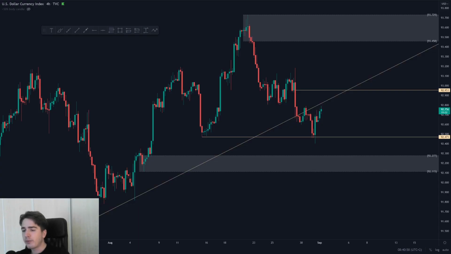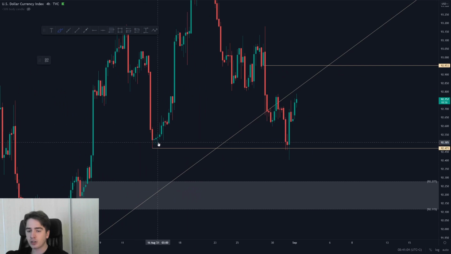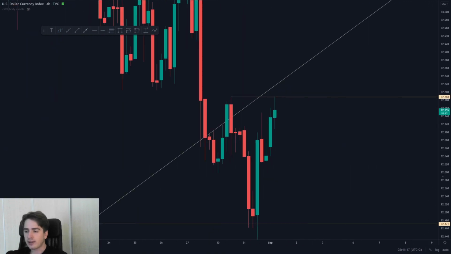Okay guys, to begin with, of course, the dollar index. Looking at the 4 hour on the dollar index, what we can see is that we perfectly rejected that swing low, which I pointed out yesterday. After rejecting that swing low, we have been moving back up towards the highs, and as we can see, we're currently situated at this next swing low, on which we could see that fake out happen.